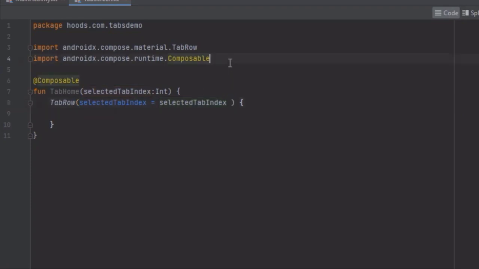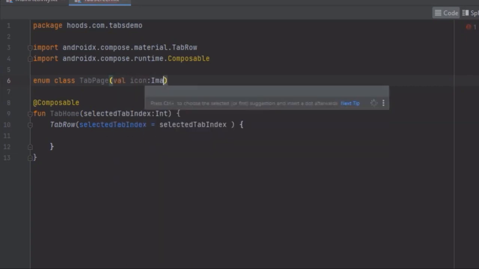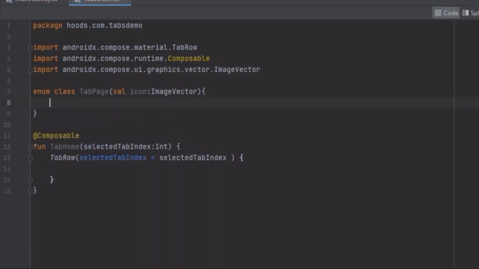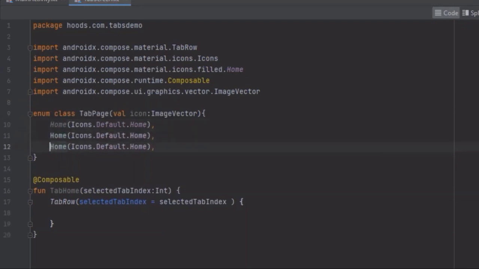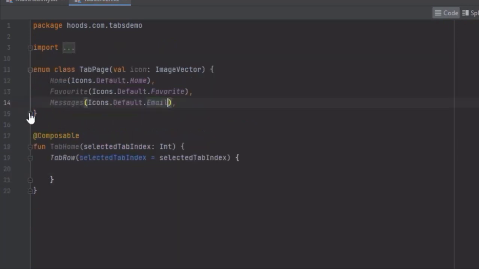For our case here, we're going to create an enum class that is going to hold our tab pages. We're going to call this tab page, and this tab page requires us to pass in the icon. So we're going to create a variable of type image vector. And now inside here, we can define our tabs. First, for example, we're going to define home, and we are going to use the icons. So now we have created a list of 3 tabs, which we're going to use inside the tab row